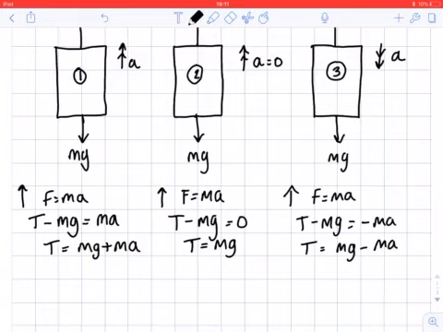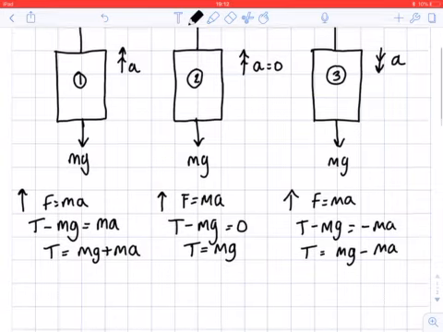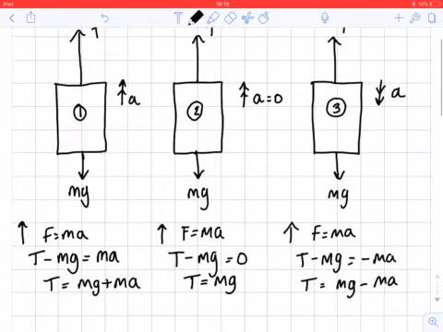Similarly, if we look at situation 3, when the lift is decelerating, you get that feeling of lightness as the lift suddenly starts to decelerate. And you can see there, the tension in the lift cable is actually reducing. And we have this mg minus ma effect, where you actually feel lighter for that instant as the lift suddenly starts to decelerate. And it's handy to remember these situations and relate it to real life, in that the first instance